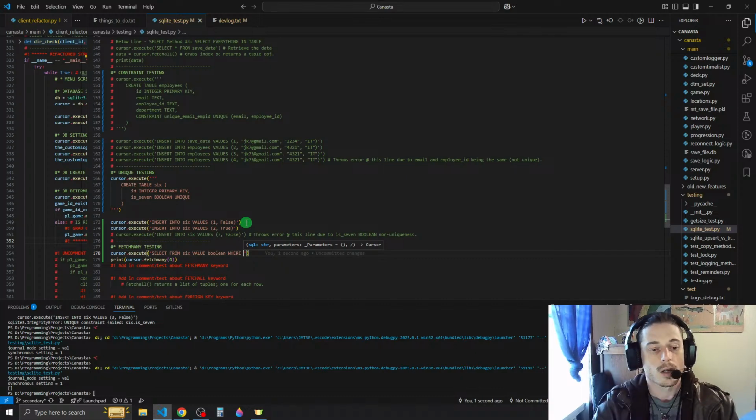Select from 6 value boolean where ID equals, and then we have to pass in